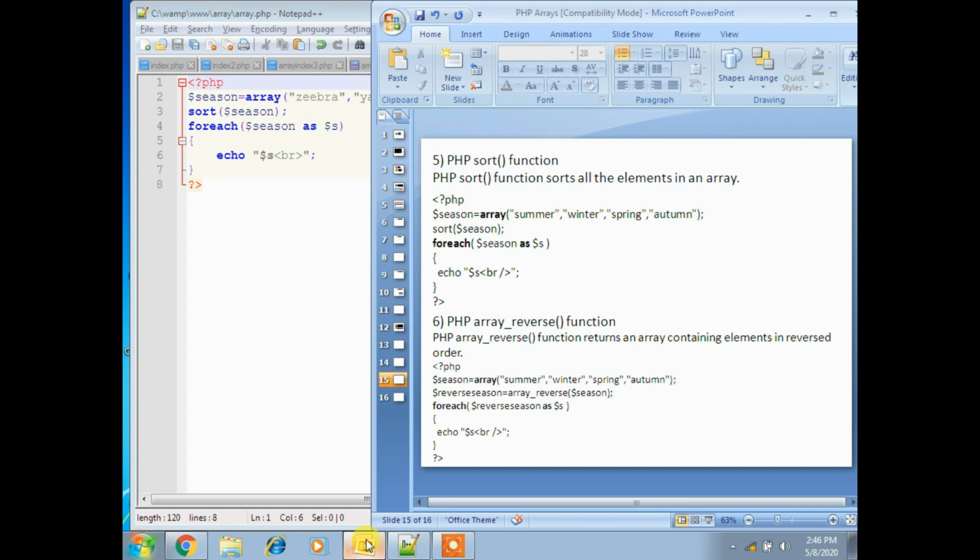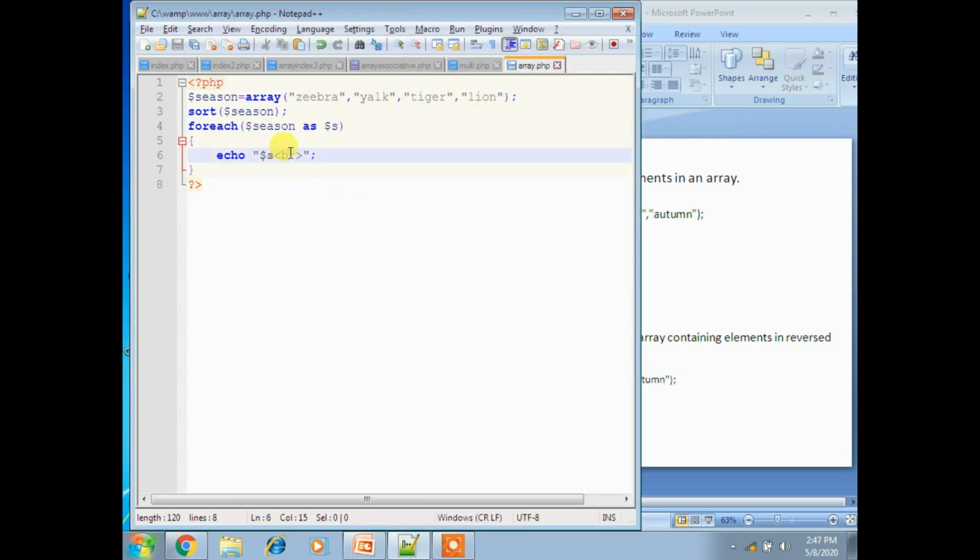We'll see that by taking one string with four different strings, using the array reverse function. Each time it checks and matches, and returns the array containing elements in reverse order. We'll see the same example: zebra, yak, tiger, and lion. For the same example we will apply this.